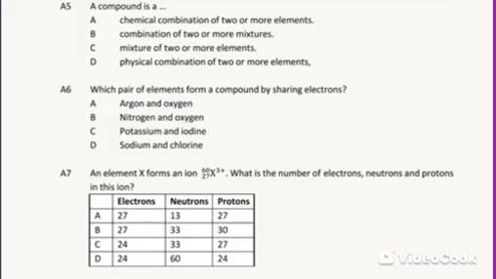and since it has lost 3 electrons, the number of electrons has reduced by 3, but the proton number remains the same. So for this proton number, which is 27, you need to reduce 27 by 3 and you are going to get 24. So option C, which is having 24 electrons, 33 neutrons and 27 protons, is the correct answer here. Okay, remember